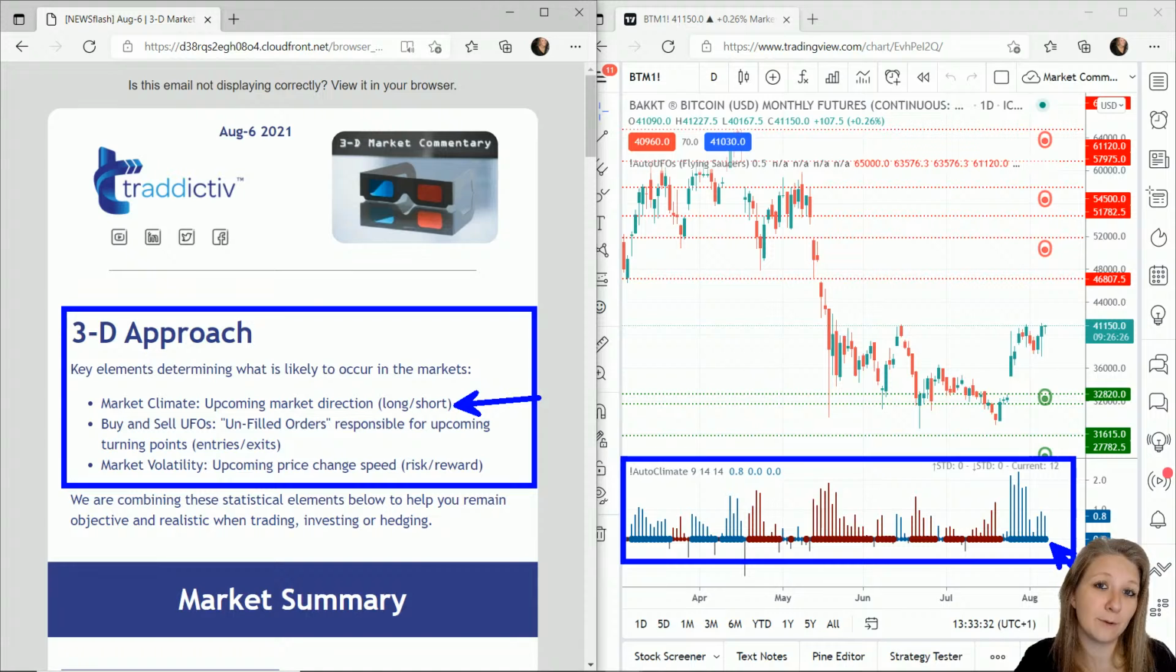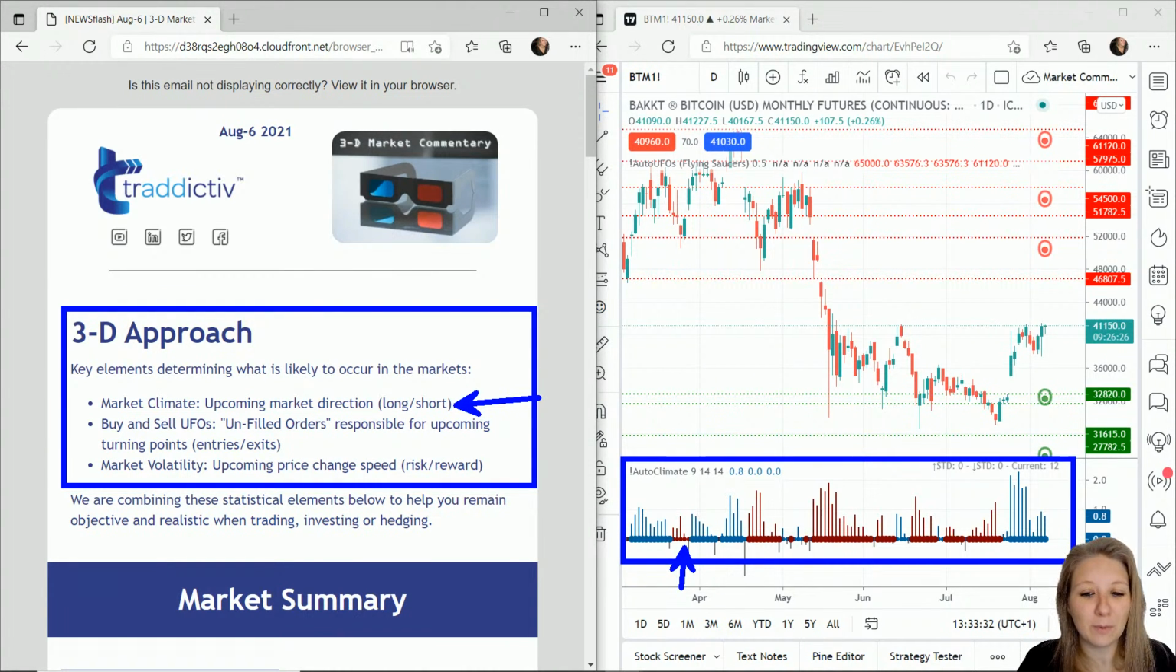If we have a thick blue dot, that tells us probability is upwards. We should look to buy. If we have a thick red dot, that tells us probability is downwards. We should look to sell. If it's a thin dot of either color, that tells us not enough probability either way,